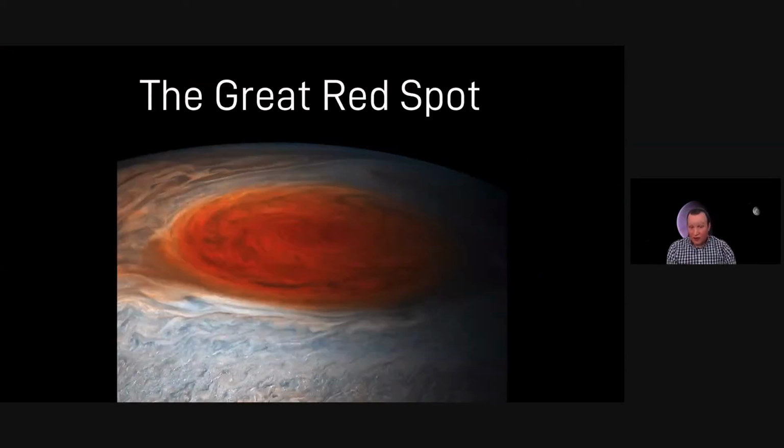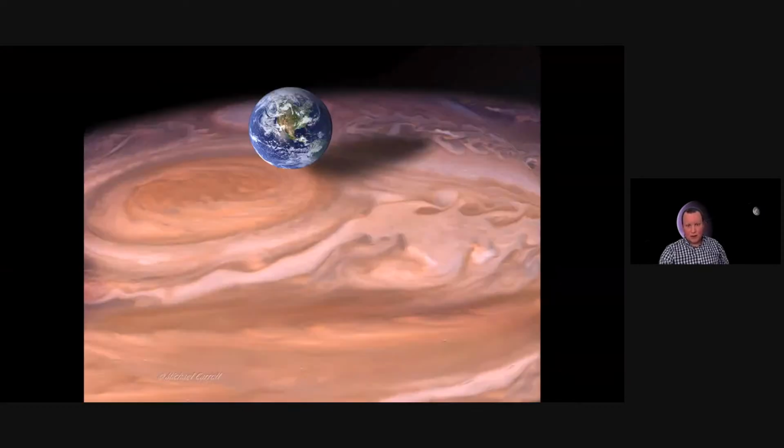Of course, the major feature on Jupiter, if you look at it, is the Great Red Spot. The Great Red Spot has been around for at least 400 years. The first reported instance of somebody observing it is in 1664 with one of the very earliest telescopes. So the Great Red Spot has been around a long time. It is also gigantic. I think we often forget how large Jupiter is. The Great Red Spot is about twice the size of the Earth. So it's this gigantic storm system that has been around for about 400 years and has maintained itself in Jupiter's atmosphere for all that